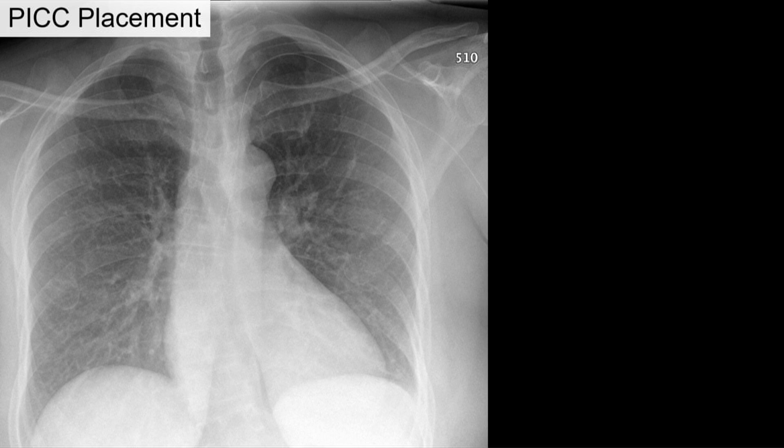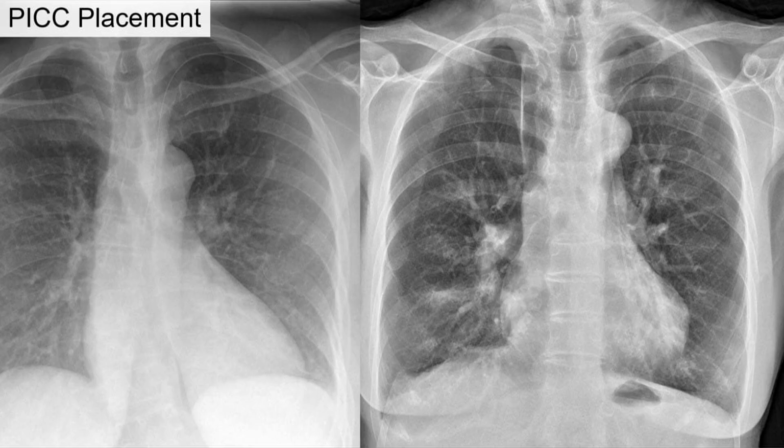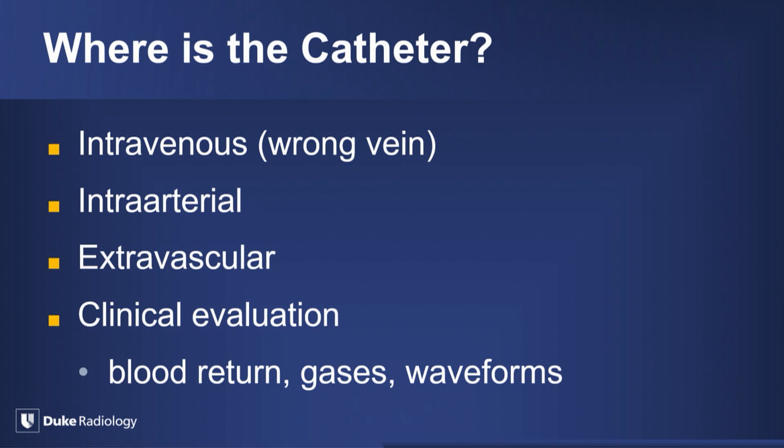This is a patient who had a PICC placed and a chest radiograph was obtained, and this is another patient with a PICC placed also from the left arm. Both of them are in variant positions, I think we would recognize. So questions I always ask myself when I see a variant positioning that I don't understand on the radiograph: